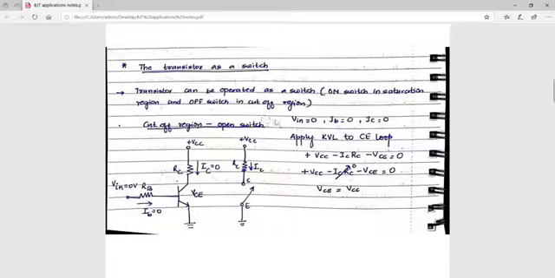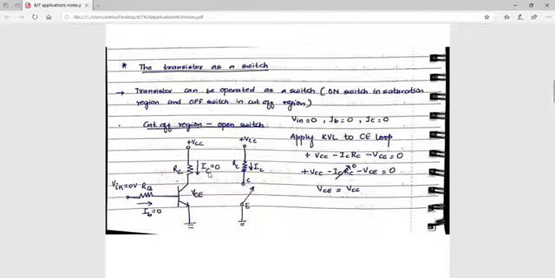Now here we are given Vin, that is the input voltage, as 0. So if the input voltage is 0, your IB current, because of that input voltage which is 0, will also be 0, and we know that IC is beta times IB, right? Now why beta times IB? It is the current gain of the common emitter configuration, where beta is given by IC by IB.